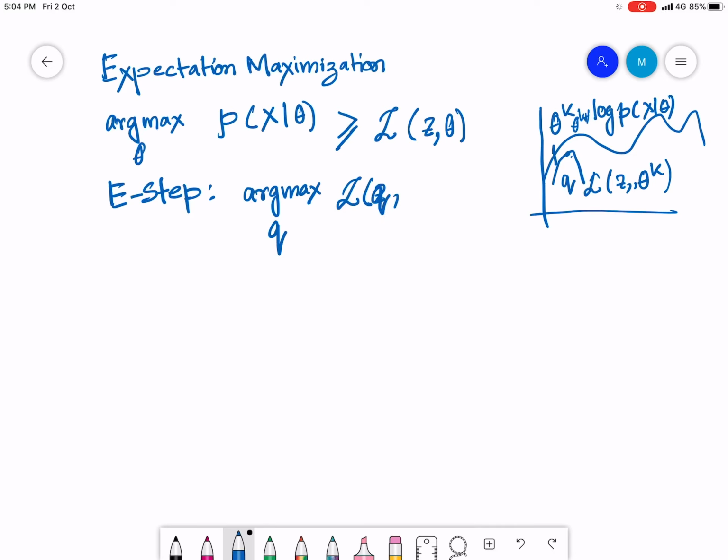Z and Q are the same, so I can write it this way, for a particular value of theta, which we call theta k. And then in the M step,